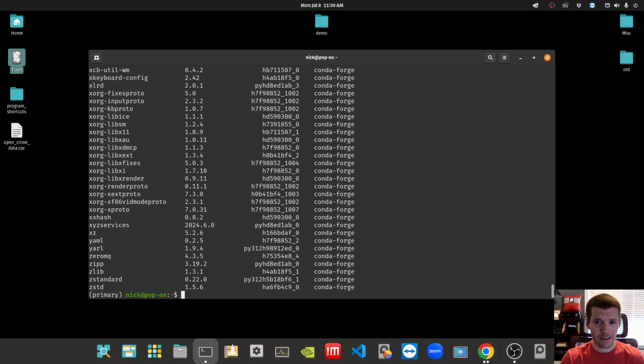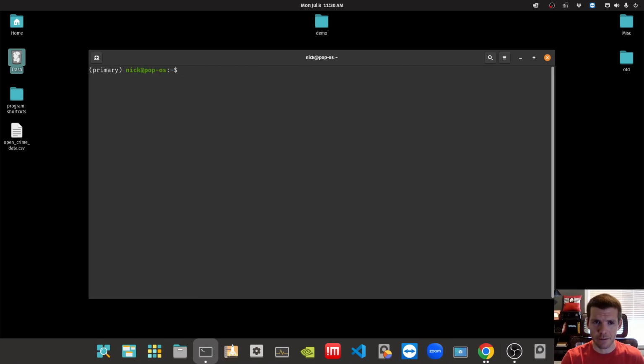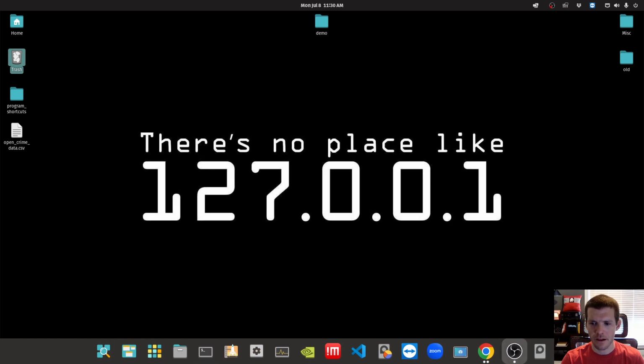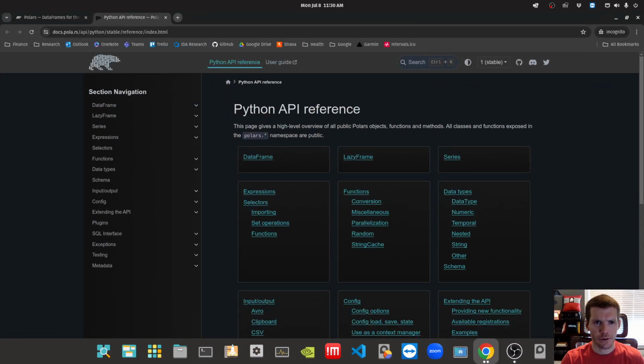If you've already got an environment that has maybe Polars in it and you just want to see if you can update to that 1.0 release, you should be able to execute a conda update -c conda-forge polars, and that will look and see if there are any updates available for your current Polars package available on Conda Forge.